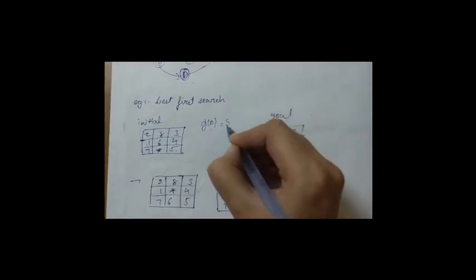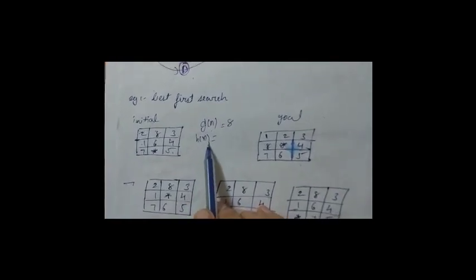Now let's calculate it. So first of all, g of n, what will be the g of n? It will be the total number of elements present, equals to 8. Then h of n, what will be h of n? H of n is nothing but it is the number of steps that are required to bring each and every element to its final position. So how many swaps are needed for 1? Only one swap. Then for 2, it also needs only one swap to get its final position.